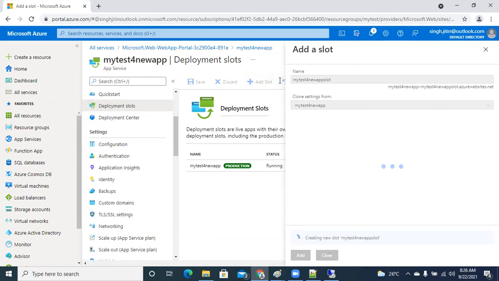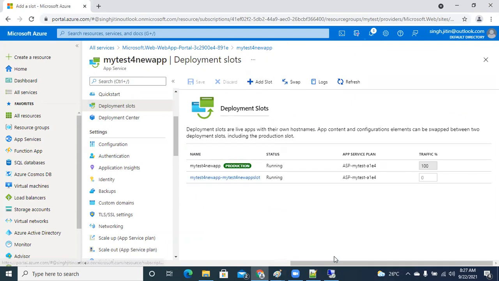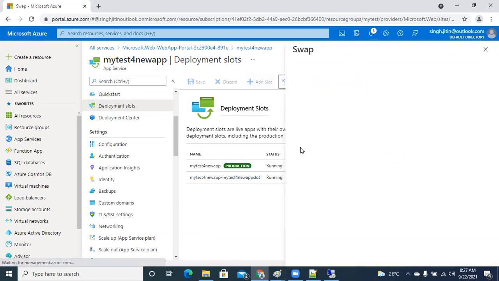So this will take a while. So guys, now you can see your other application is also running on the same app service plan, and you have the option to swap them.